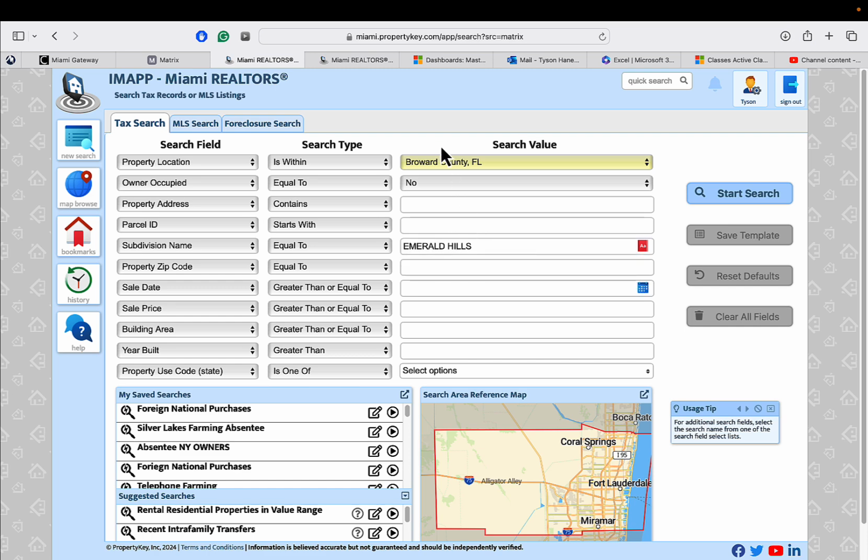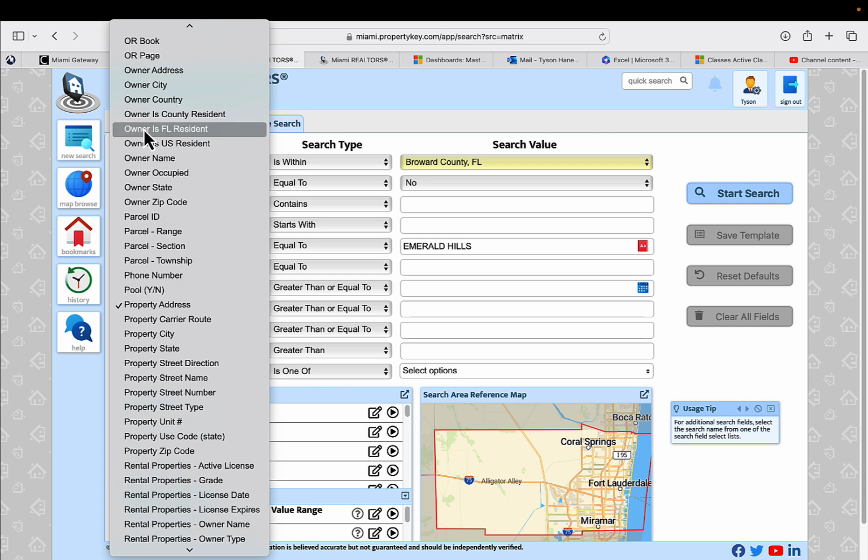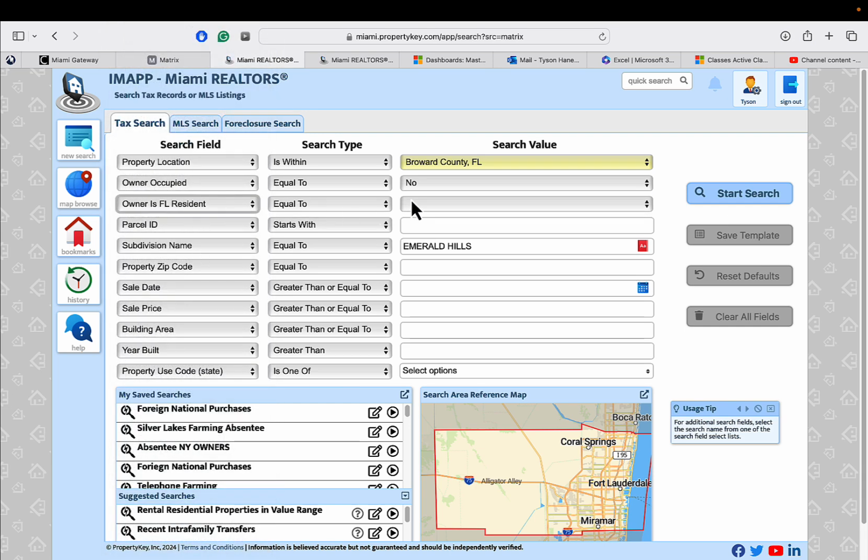And we're going to look for local absentee owners, meaning they are in the state of Florida. So I'm going to take the field here that says property address and then switch that to owner is Florida resident. I'm going to give that a click and select yes. And with this combination, selecting owner occupied no, owner is Florida resident yes, within the subdivision of Emerald Hills, this will find me the absentee owners in the state of Florida so that we can create the